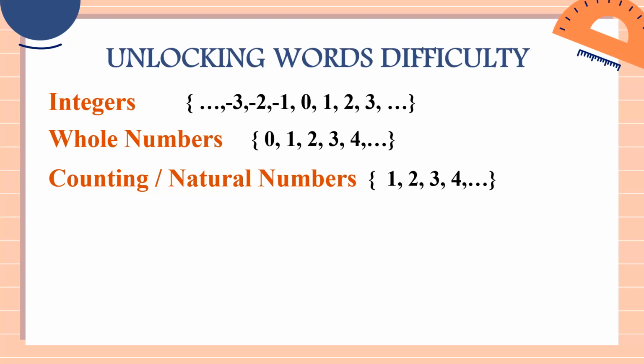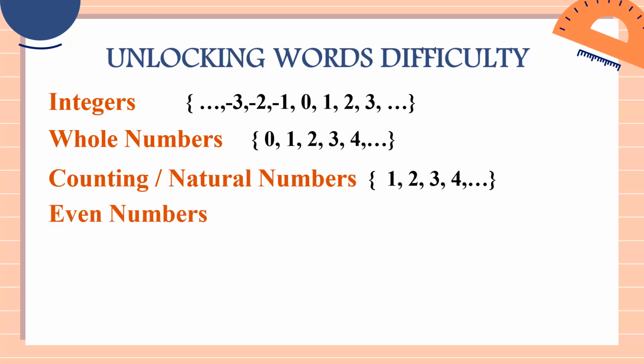Now the question there is, what would be the difference between the whole numbers and the counting numbers? So for the whole number class, as you can see with our given example, you will start at 0, and then all positive whole numbers. For counting numbers, you will start at 1. Because if you count the numbers, you will always start at 1. So example, 1, 2, 3. So that's the difference, class, between the whole numbers and the counting numbers. For whole numbers, you will start at 0, and then all positive whole numbers. For counting numbers, you will start at 1.